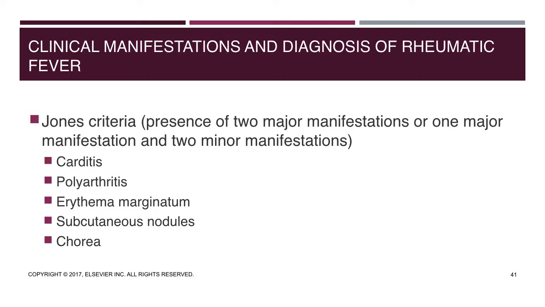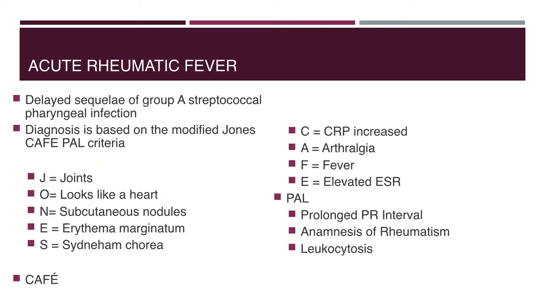So, going back to this Jones criteria, we have carditis, polyarthritis, so arthritis in more than just one joint, erythema marginatum, subcutaneous nodules, and chorea. So when we look at acute rheumatic fever, we often see a delayed sequelae of group A strep pharyngeal infections. And the diagnosis is based on the modified